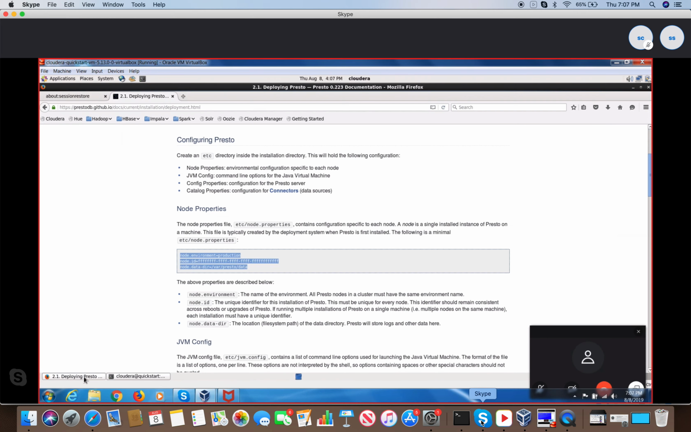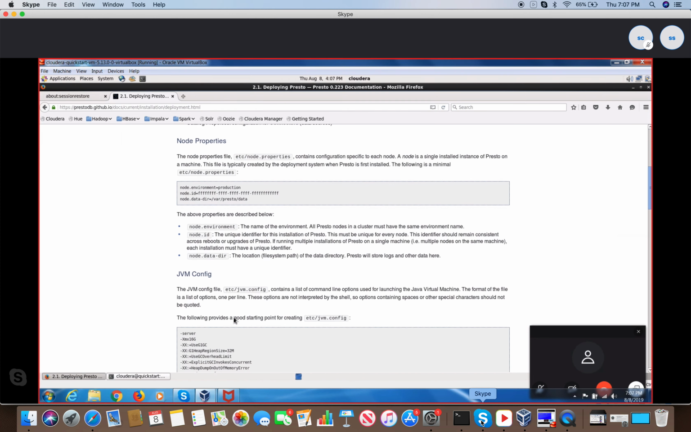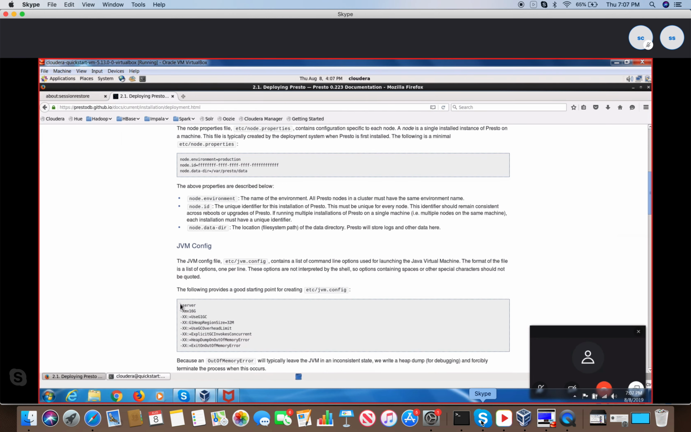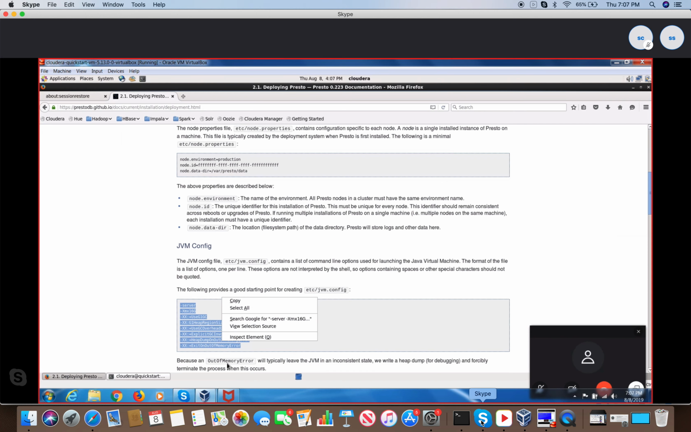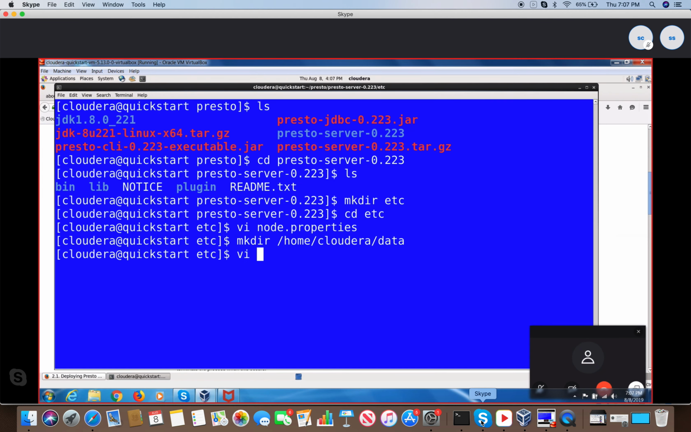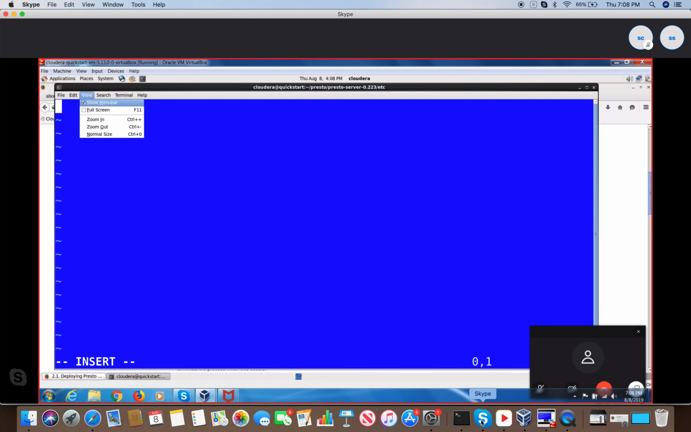Now what you are going to do is, if you come down, there is another file called jvm.config. That will control the memory requirements for your Presto. So right click and then copy. And I'm going to create that particular file called jvm.config in the same place. So vi jvm.config, and then paste